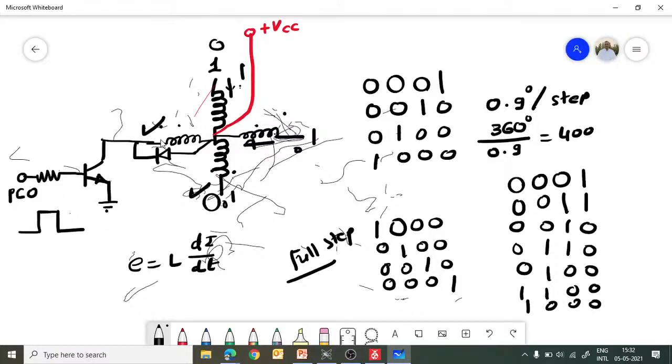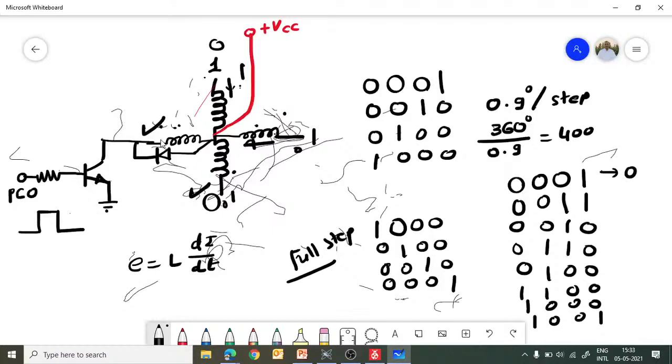And then the left winding as well as the top winding, in both the windings the current will pass, so in that case our sequence would become 1001. And then after all this, the sequence will be repeated again. So these 8 bit patterns you have to transfer.